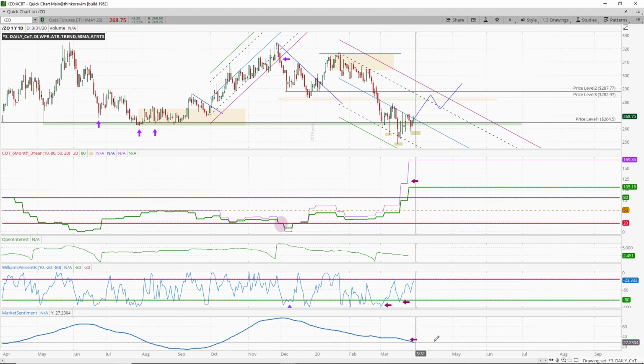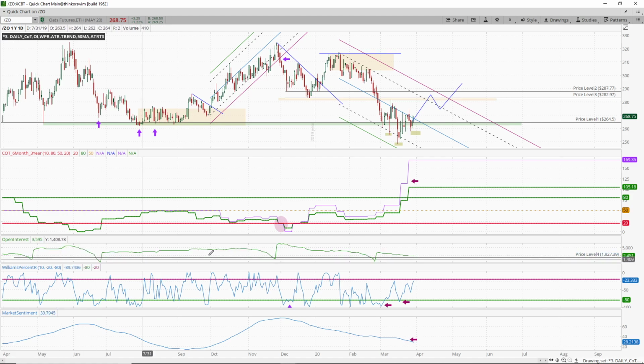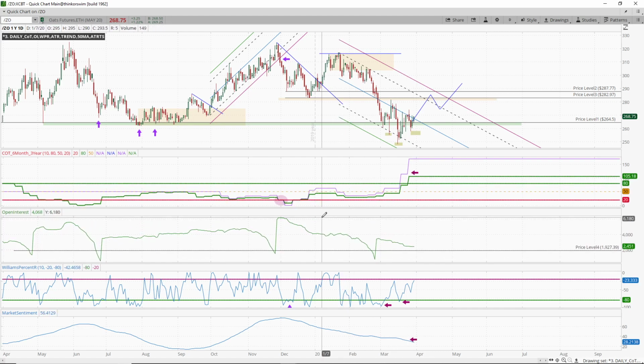Market sentiment diminishing. It's really low. We've got this WPR in kind of oversold territory. It looks like we had a nice little bounce here. So I would be looking for, and look at this too, open interest is pretty low. Much lower, a relative low compared to what it usually is, and it's hovering right in that relative low range. The high on the open interest looks like it's up around 6,000, and we're down in the 2,000 range. Extremely low is sub 1,000 open interest contracts, but